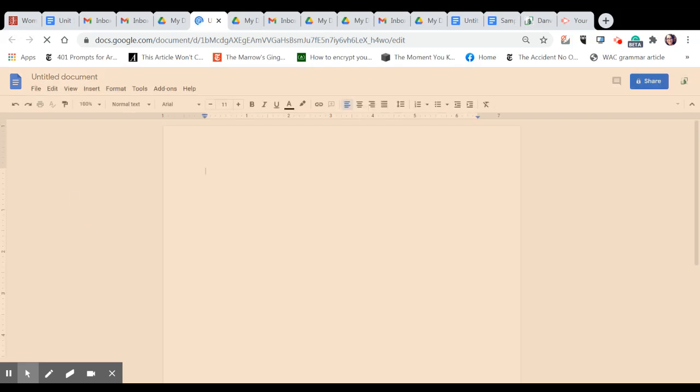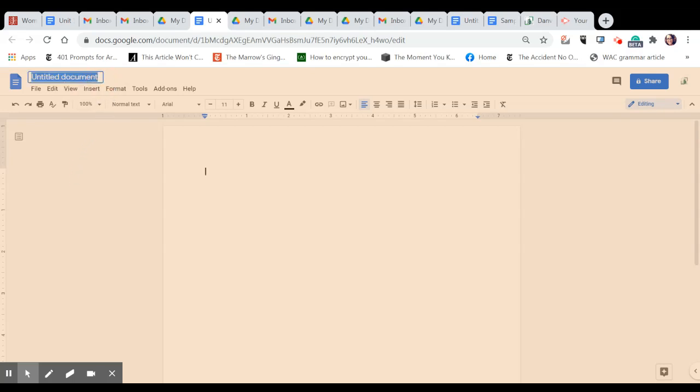and this will bring up a word processing screen that should look pretty familiar if you have used Word or another program. So there are some differences in Google Docs between those word processing programs, but a lot of what you do intuitively, you'll be able to figure out because they are similar, even if the particulars are a little different. So first of all, I want to go up here to the top left corner of my screen